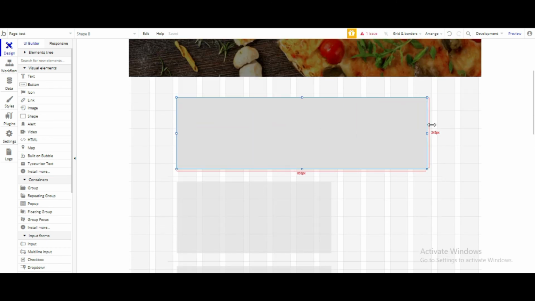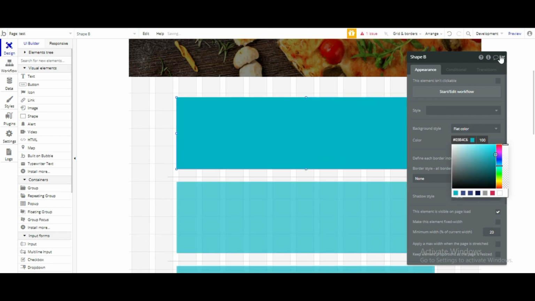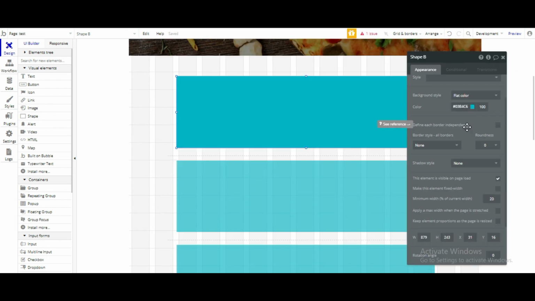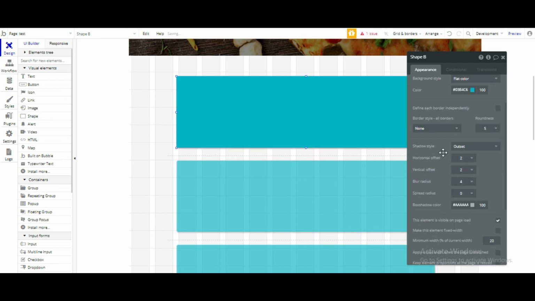So let's just keep it this much. You can even color your shape, whatever the color you want, and the same change is reflected in all other blocks. You can even change other things like roundness if you don't want sharp edges, the border style, the shadow style. Let's do it outside.